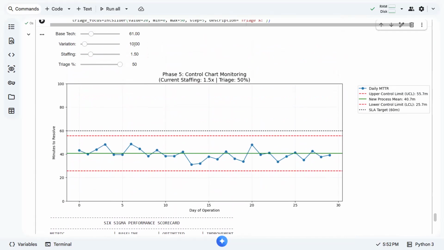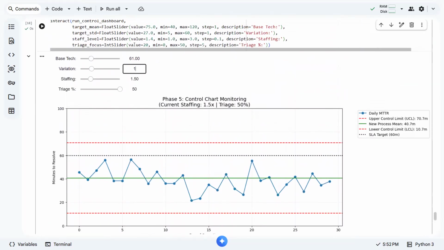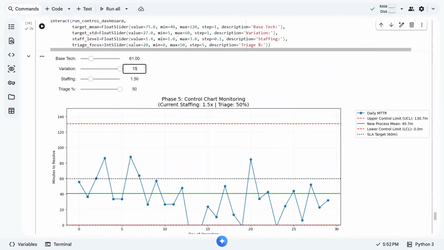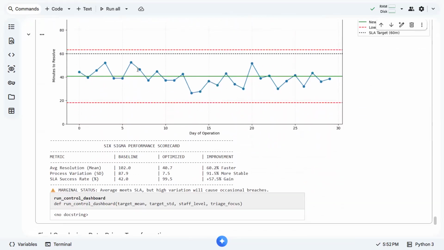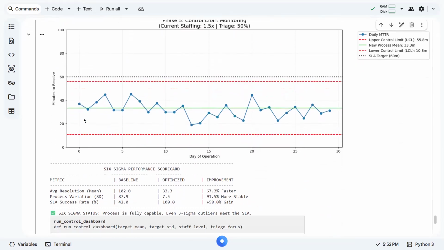Even if we have higher variation, for example 20%, let's see. Oh, 20% is no longer allowed. So 15, right? 15 is still not okay. So we decrease the base tech to 50. Okay, it's okay.